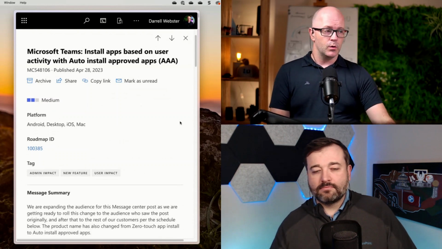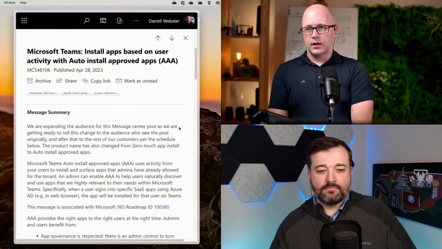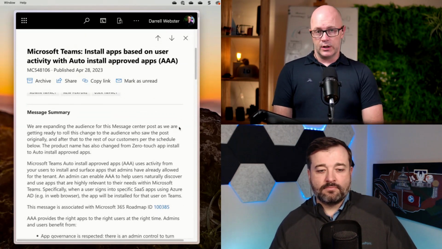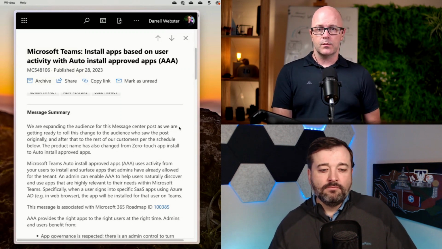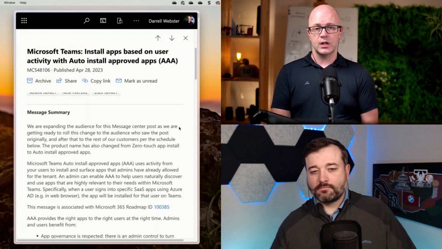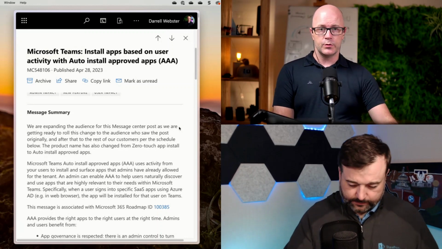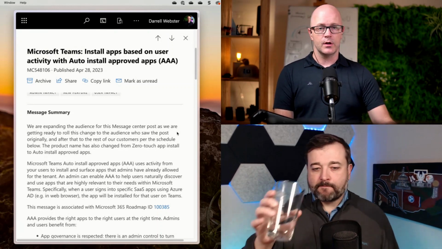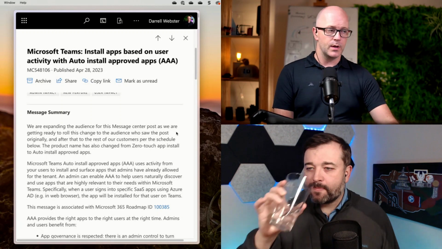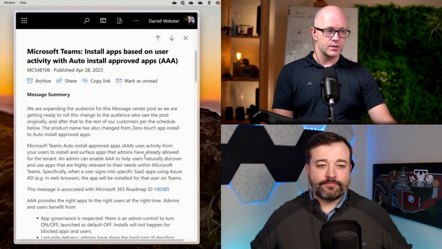And so what will happen with this new change is the service will know that you're signing in with a Microsoft 365 account that's part of your organization. How about we suggest and add those apps into Teams for you? And we'll let you know that we've done that so that you can use these apps within Teams. You don't have to go out to the separate web app. So that's really the summary of what that message is.